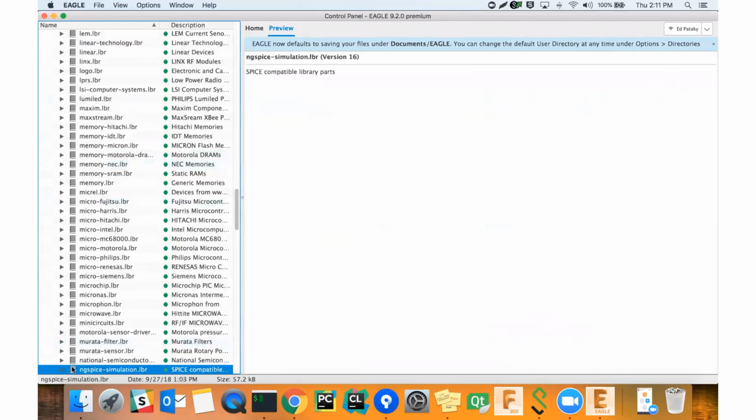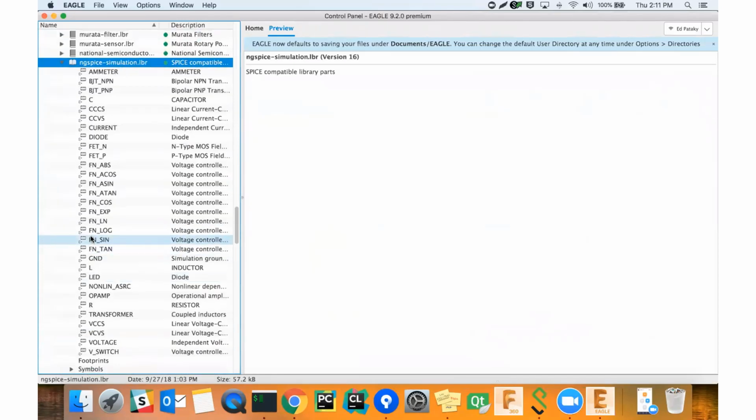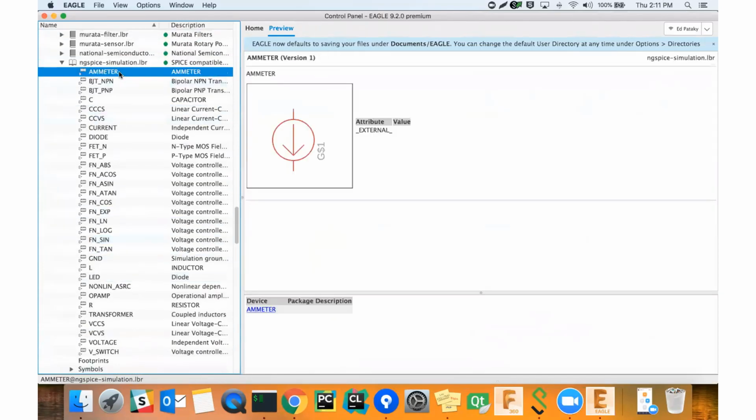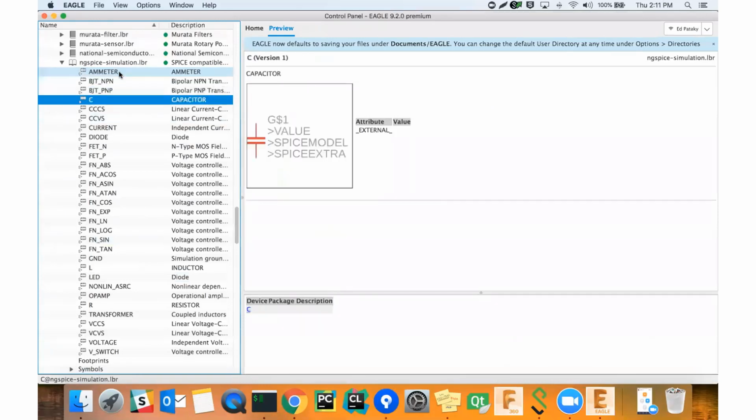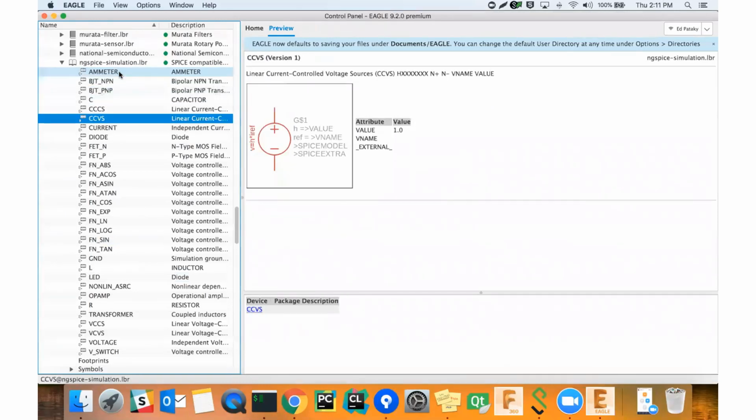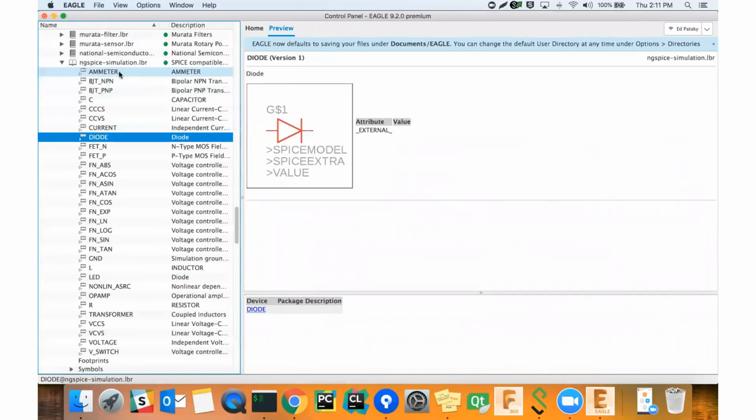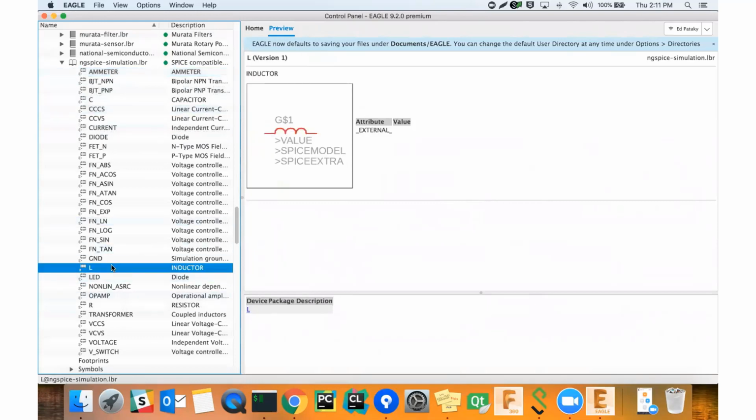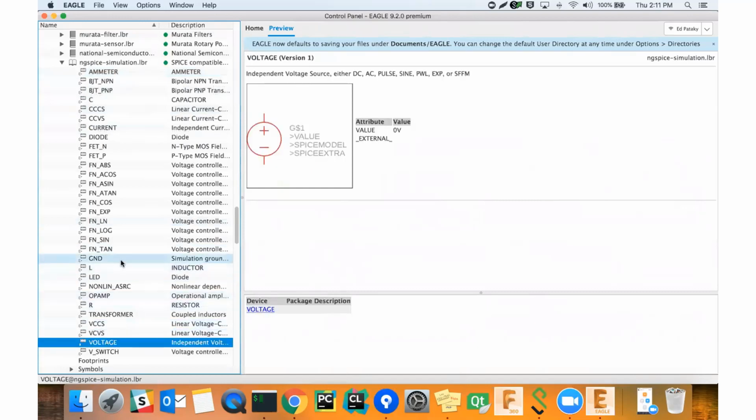I'm just going to open this library here. And just sort of toggling through some of the parts, you can see in this library there are diodes, here's a resistor, this is an inductor, we have voltage sources. So a bunch of different parts that allow you to build up